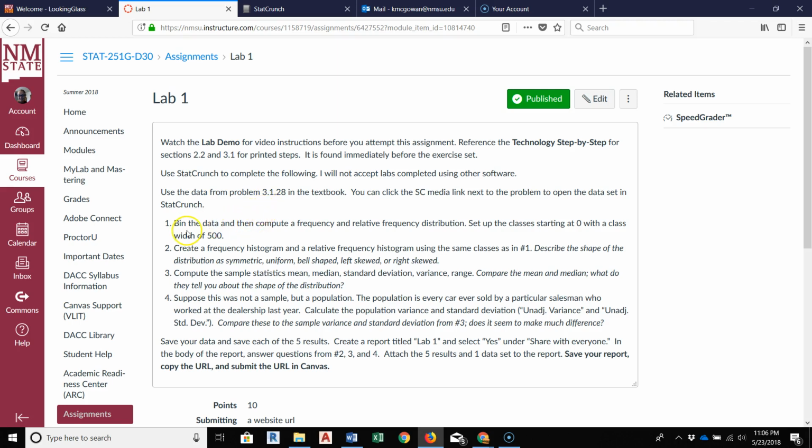We'll be binning the data to create frequency and relative frequency distributions. We'll be creating histograms, both frequency and relative frequency. We'll also be computing sample statistics, and some specific ones are listed here, and in number 4, a couple of others are listed. Now, the first thing we need to do is open the data, and there are 2 ways